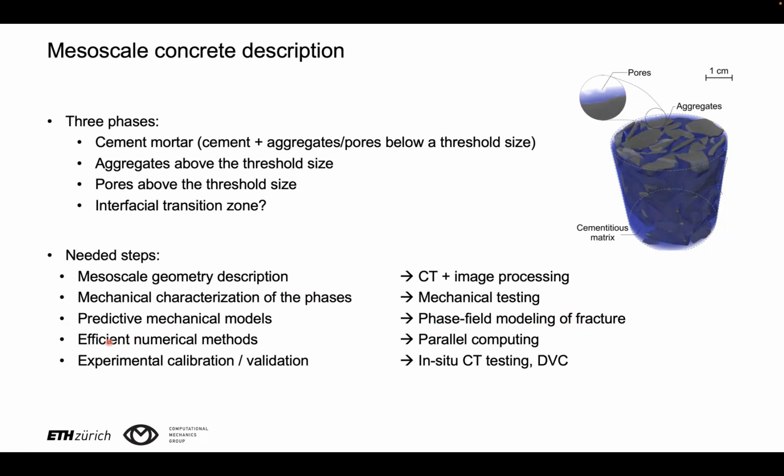Obviously, the resulting computational framework is very demanding for the reasons I've described before, speaking of the phase field model. So we need efficient numerical methods implemented through massive parallel computing. And finally, we lay a lot of importance on experimental calibration and validation. And this also we intend to do through in situ testing inside the tomograph and digital volume correlation. So basically the 3D version of the digital image correlation that we used for the validation in collaboration with DNS Cachon that I was talking about before.